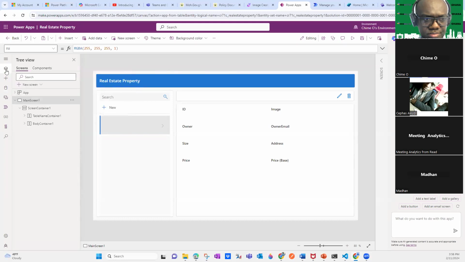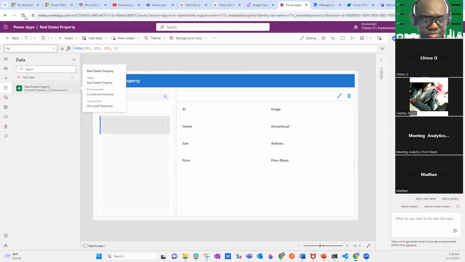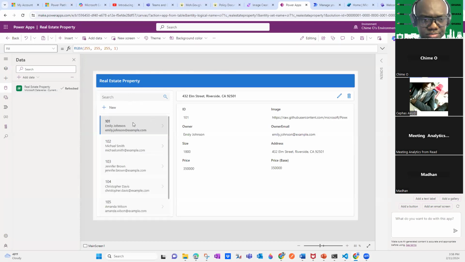Let's go into your tree view. And why is it not selecting the components? All right, let's go there. Sometimes you just need to refresh it, right? Yeah, sometimes you just need a little bit of push, just a little bit of refresh.